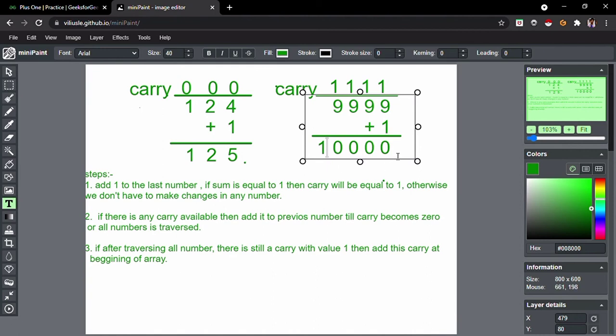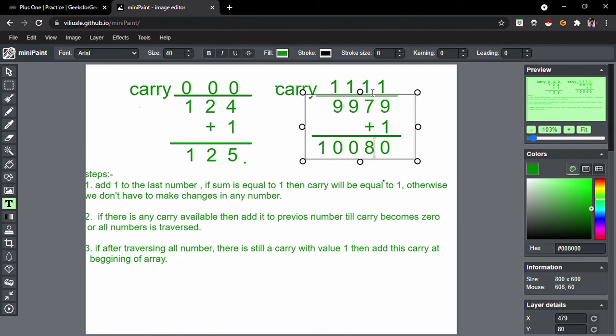Okay, let's see how we are going to do this in our code. And in case, let's consider that this is not the 9 but 7. Then 9 plus 1 becomes 10 and carry becomes 1, and we add 1 plus 7, this becomes 8.